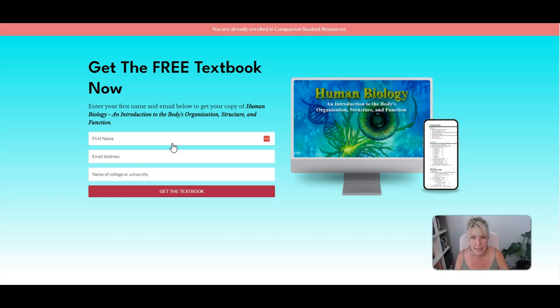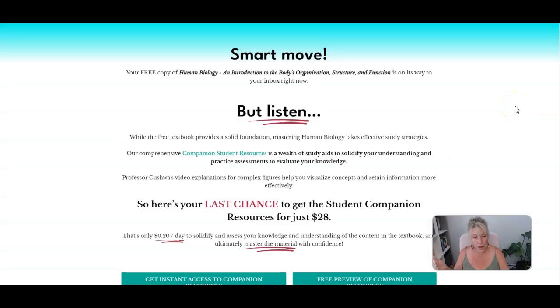This is again on his Thinkific site. Puts in his name, email, or your name, email, and name of your college or university. And this is an embedded ConvertKit form that we created and put on this page. So this is the opt-in page. Now, once that student opts in to get that textbook, we have automation set up in the back with ConvertKit